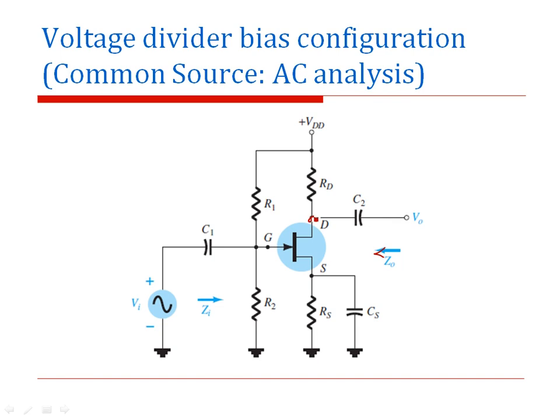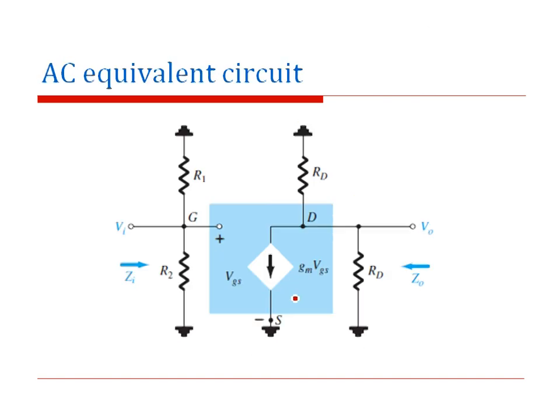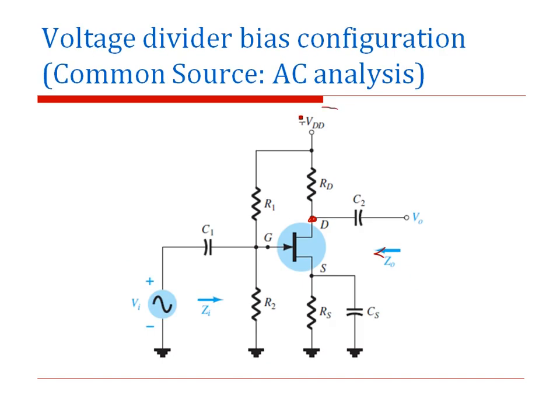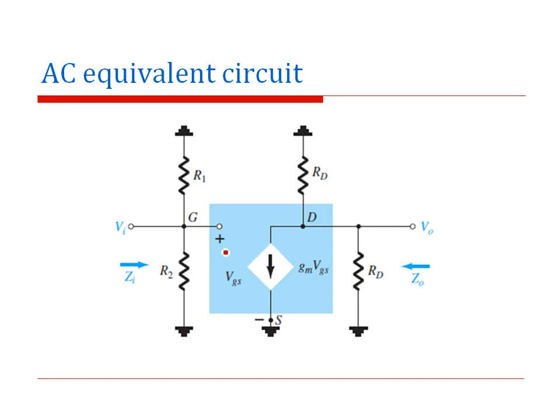Please note that just like you take the output across the collector, you are taking the output across the drain here, and you can see the source VDD and R1, R2, RD and RS here. Now for the AC equivalent circuit, the first thing is we have to short the DC source and short the capacitors. So the DC source is shorted to ground, so you get R1, R2, and then you replace the JFET with its equivalent circuit, you have this open circuit across the gate to source, and at the drain, you have the drain resistor.